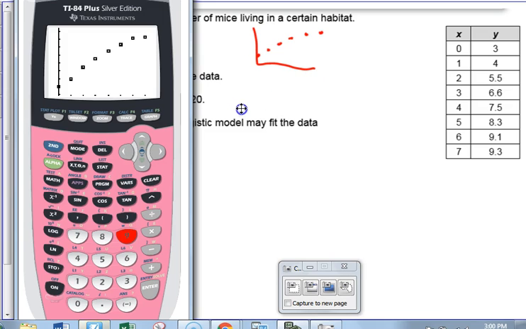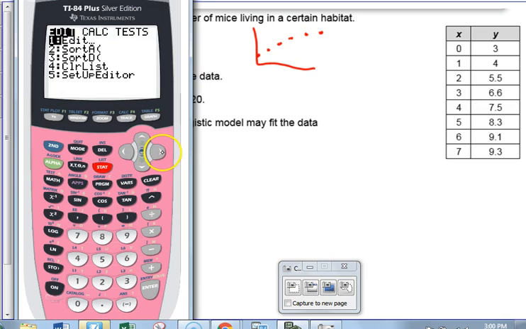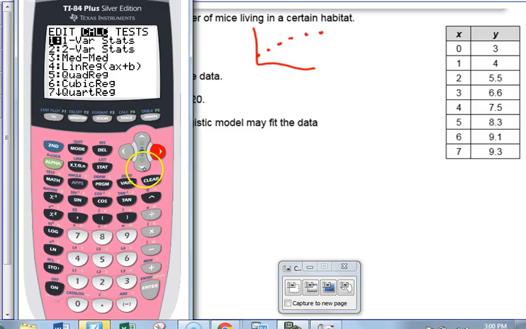And then Stat, right arrow, they picked logistic. It's down there somewhere, and it literally says logistic. Find it? It's way down at B. Mine doesn't scroll very fast. Sorry, guys. Now, if you want to store it,